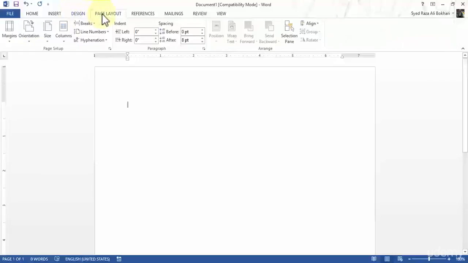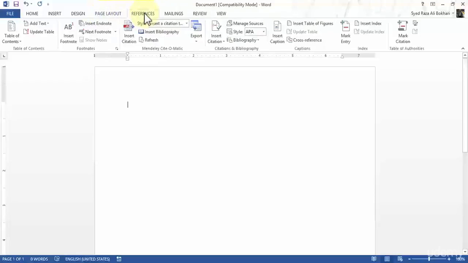The Page Layout tab allows you to change the print formatting of your document, including margin widths, page orientation, page breaks, and many other commands are available. And these commands are especially helpful when preparing to print a document. The References tab allows you to add annotations to your document, such as footnotes and citations. So from here you can add a table of contents, captions, and bibliography, and these commands are helpful when composing